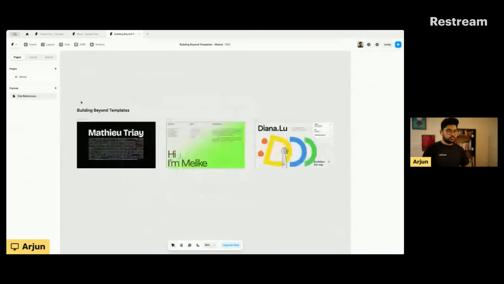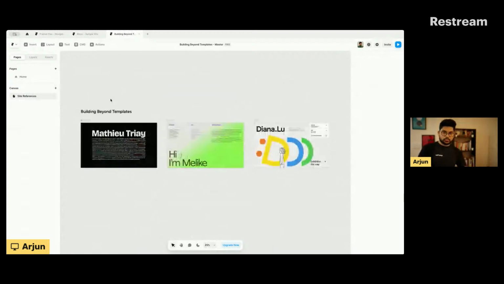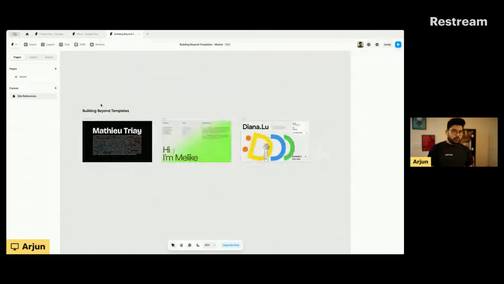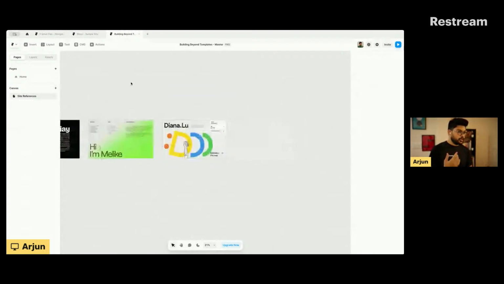Essentially, your canvas pages, especially if you're a designer, you'll be very familiar with it because Figma operates on this same kind of modality, where canvas pages are basically infinite space where you can go ahead and do simple zoom in, zoom out. If you're used to even whiteboarding applications like Miro, you have FigJam and things like that, they also operate on the same thing, where the creator tools have evolved from a simple bounded way of working to a boundless way of working, where you can start adding elements onto the page and you can keep